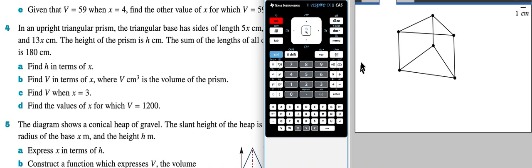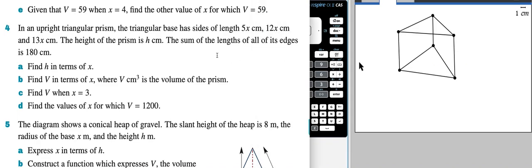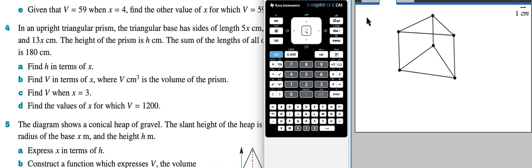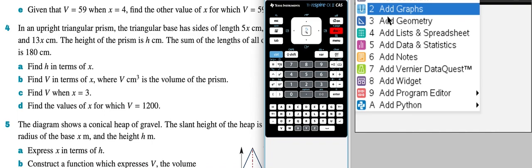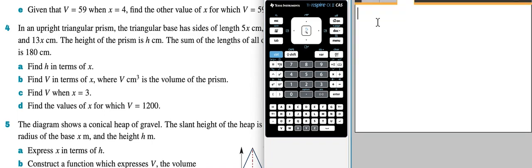So if I've got, let's say, this length over here is 5x, I've got 12x over here, 13x over here, all right, and h is this side here, and it says the sum of the lengths of all of its edges is 180, all right, so all of its edges, okay, so in other words, that's the perimeter, okay, so if I do, let's go into notes again, okay,